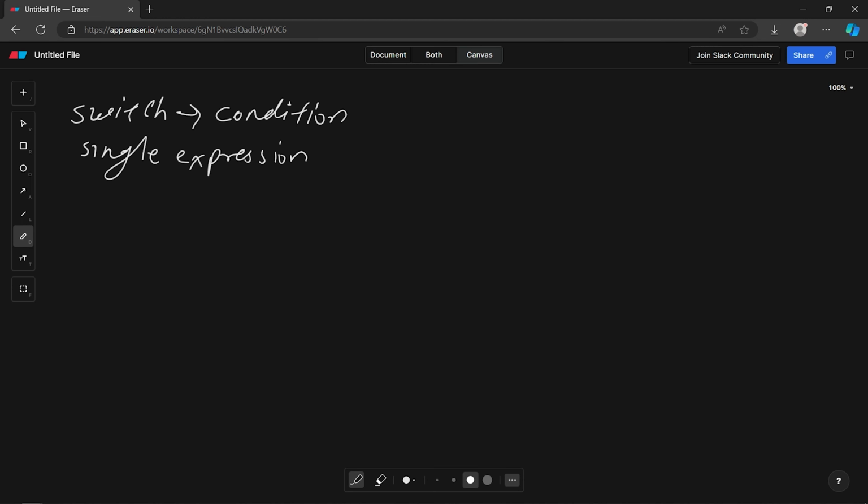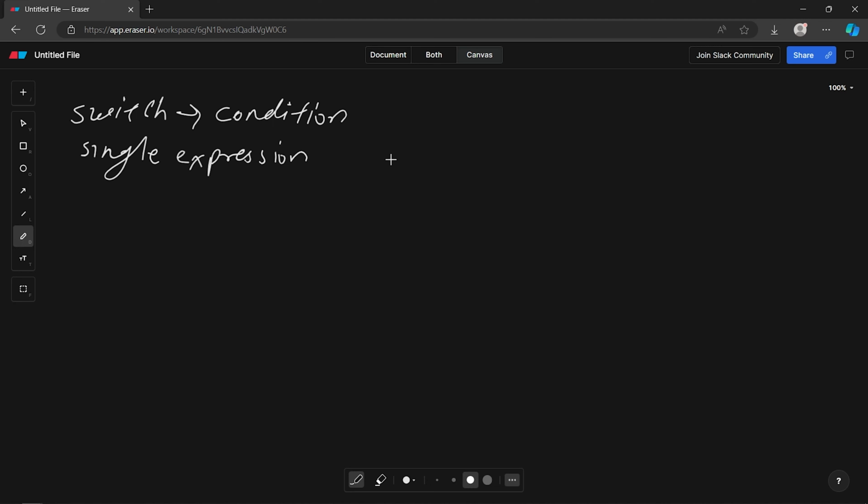So in this video, we'll talk about the syntax for creating a switch statement. Then we'll talk about how the code inside the switch block gets executed. And then we'll take some examples. And in the last segment of the video, we'll compare a switch with an if else block. So we'll start our video with the syntax for creating a switch statement, or how we can write a switch statement inside